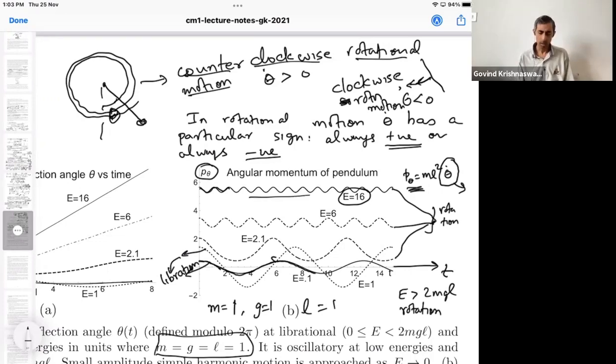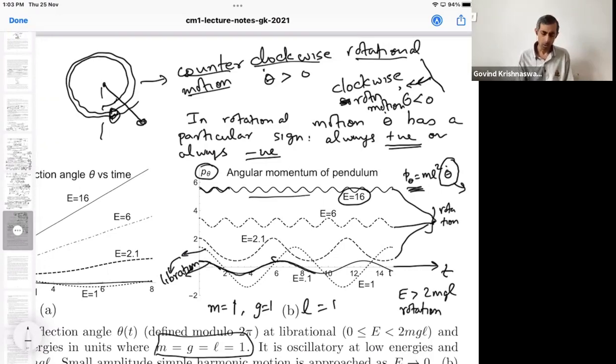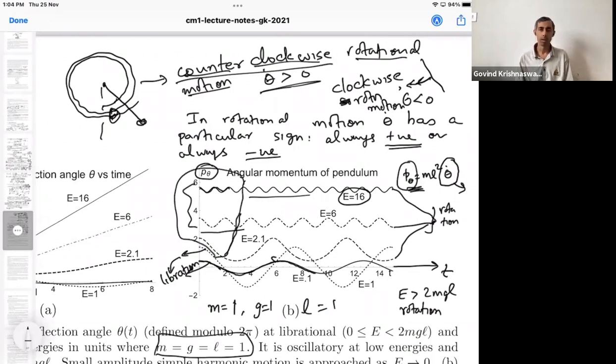Yeah, it's clockwise because theta dot is positive. Correct. Sorry, who was that? Milan? No. So it was Ruptak. Okay, so Ruptak has it right. Since theta dot is positive, p theta is also positive, and in fact here it has a value between 5 and 6. Therefore theta dot has to be positive, and therefore it must describe counterclockwise motion. So both of these figures correspond to counterclockwise motion. In fact, all of these three figures correspond to counterclockwise rotational motion.